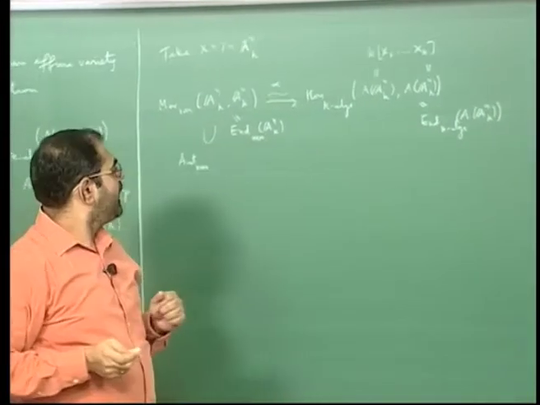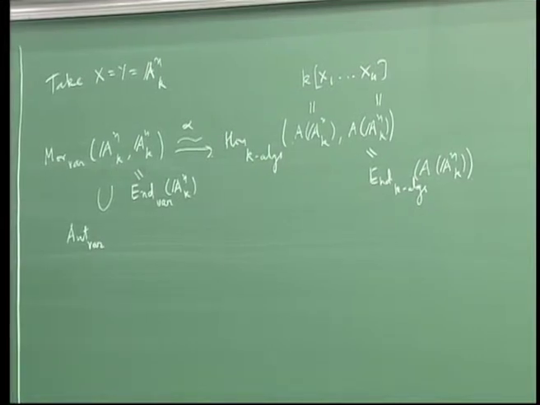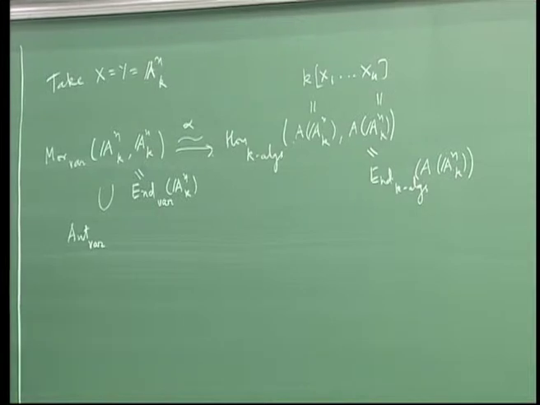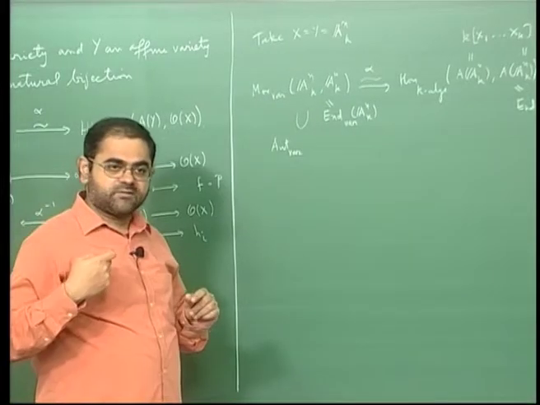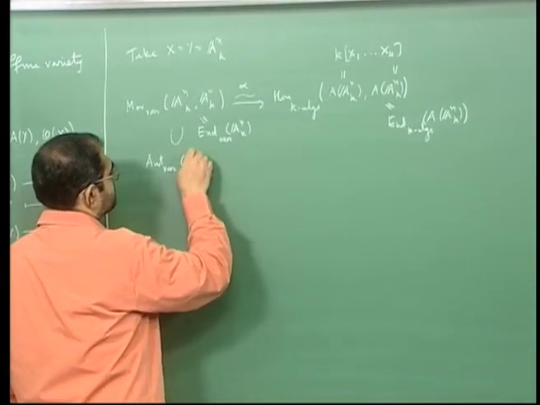Okay, and what are the automorphisms? The automorphisms are the invertible endomorphisms. They are endomorphisms which are also isomorphisms. So they are morphisms of the object back into itself which can be inverted. So if you look at the automorphisms, that's of course a